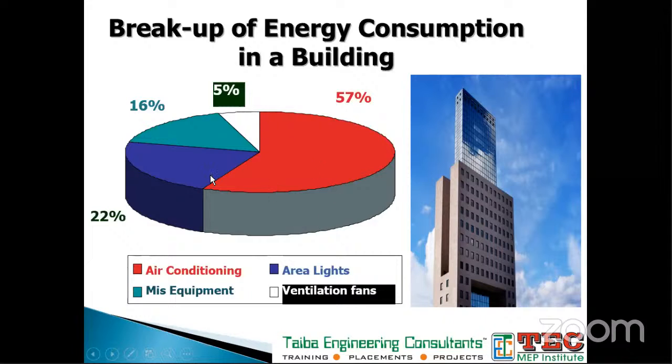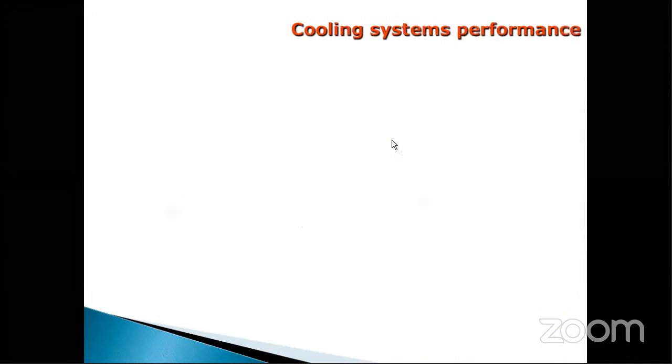And then lights may consume around 22%, and miscellaneous equipments, your computers, your peripherals may consume around 16%. So the biggest part is shared by the HVAC system. So when we select HVAC system,